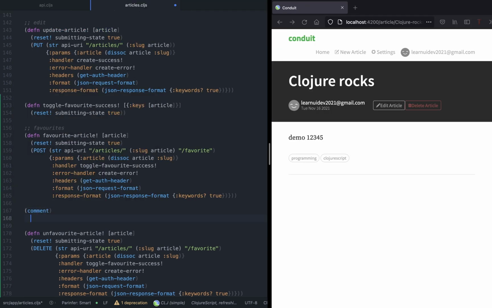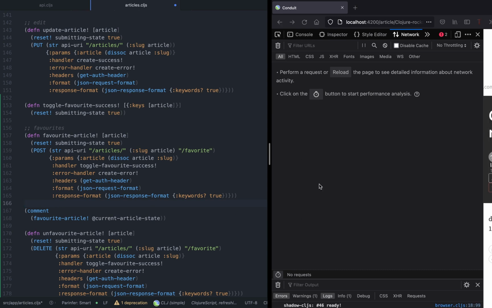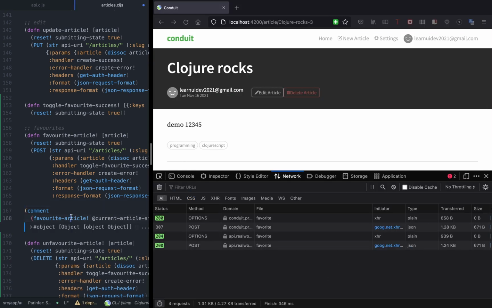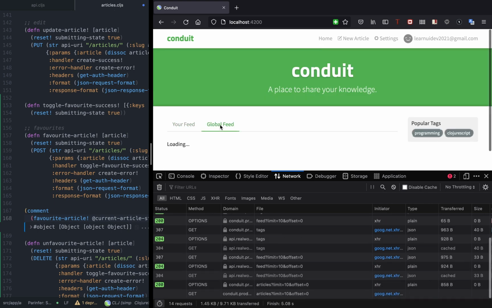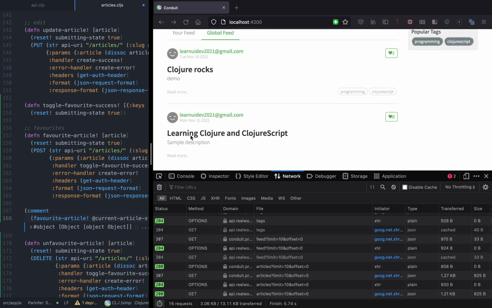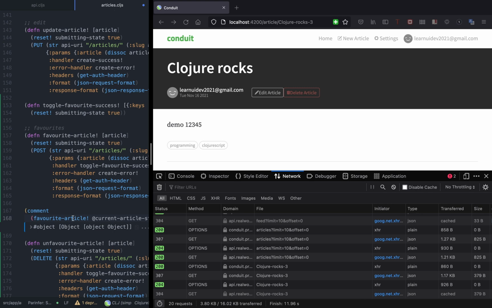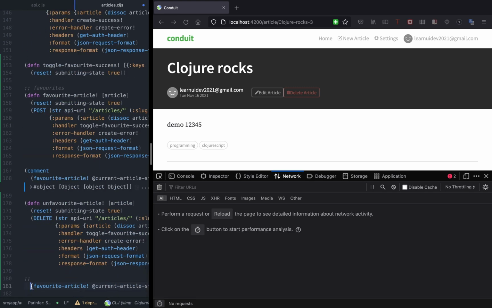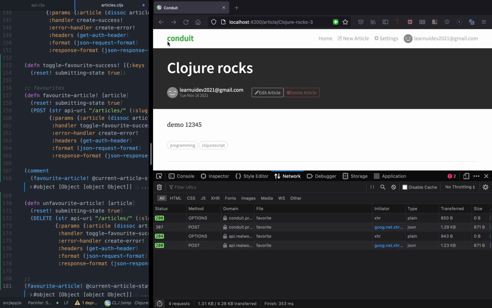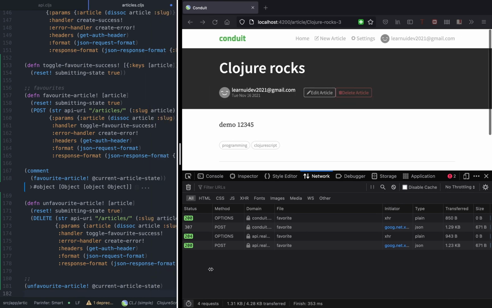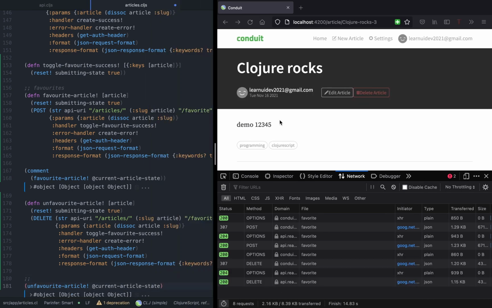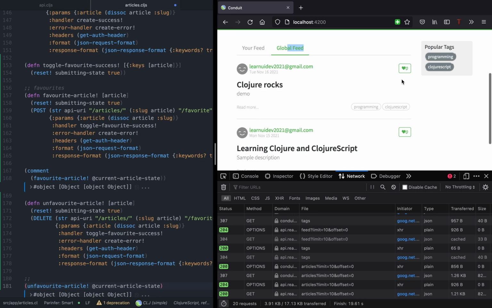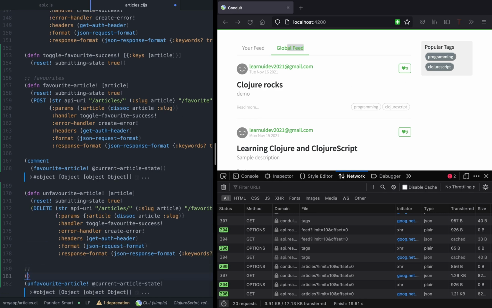Yeah, now let's test it. Let's go to select an article, and now let's try to favorite this article. And as you can see, if you go to the home page, the count has increased by 1. And let's try to unfavorite the article as well. Sorry, it should be unfavorite. And now if we go back to the home page, the count should decrease by 1, so it should go back to 0. So our function is working,